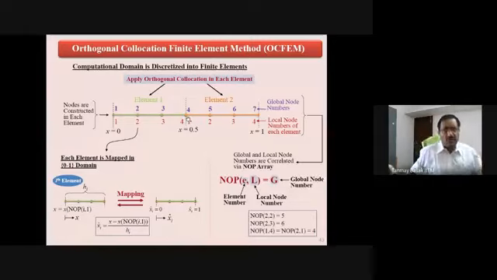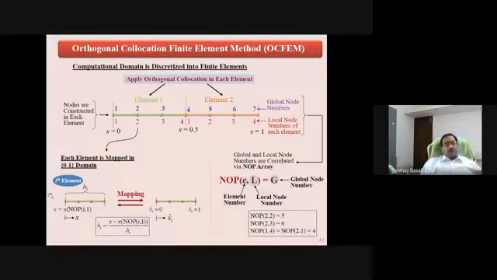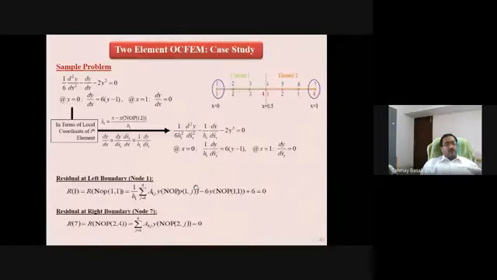In that case, you have NOP(1,4), which equals NOP(2,1), and that equals 4. So this is the way this NOP has been derived. If you look at x hat, it is x minus x NOP(I,1) by hi. With this mapping we can get the x hat variable varying between 0 to 1. In that case the differential equation has to be changed.